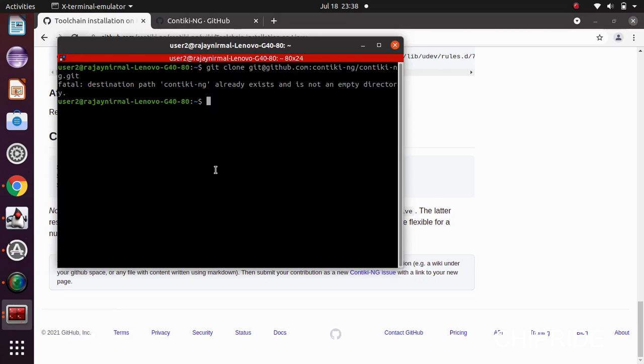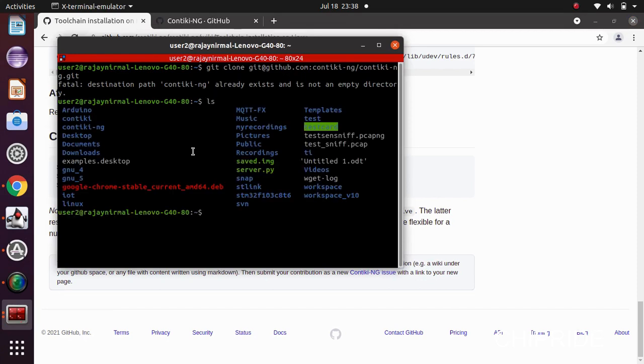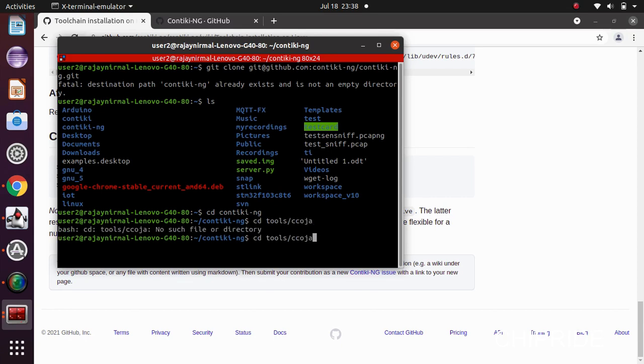For me, you can see here it says contiki-ng. Now in contiki-ng, under tools, we have Cooja. So you will have to run sudo and run.